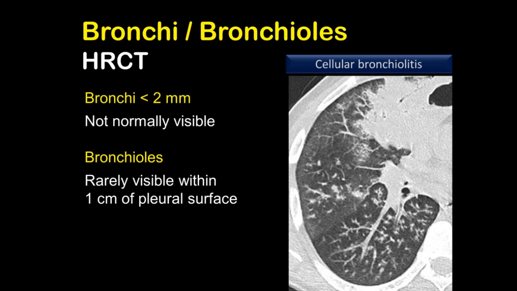When they become visible in CT is when we have some kind of pathology, either inflammatory bronchiolitis or cellular bronchiolitis, as we can see in this CT, where we can see mainly small centrilobular nodules and tree-in-bud pattern located in the center of the secondary pulmonary lobule with sparing of the subpleural space, and we can also see an area of consolidation